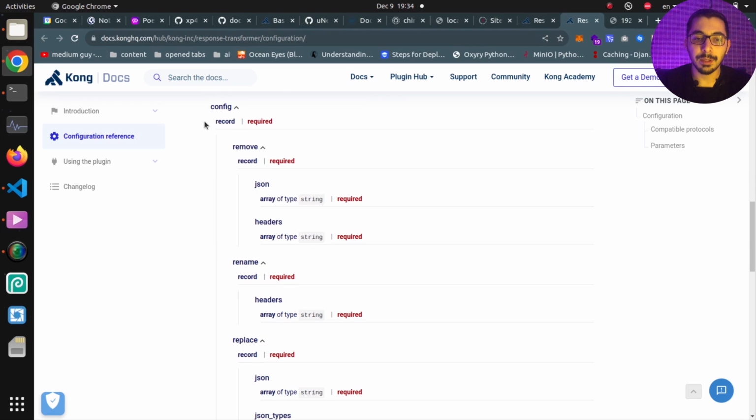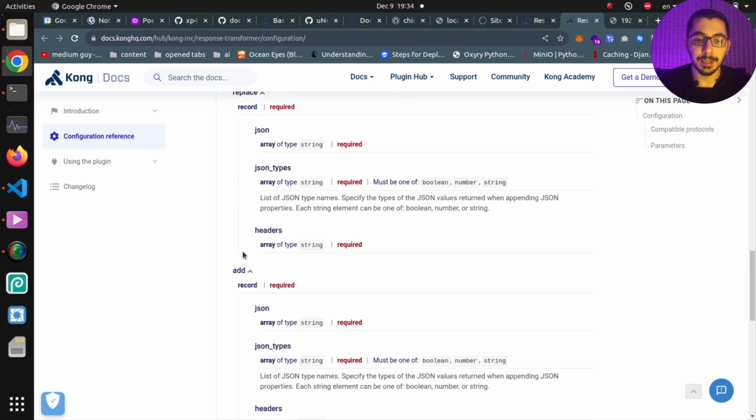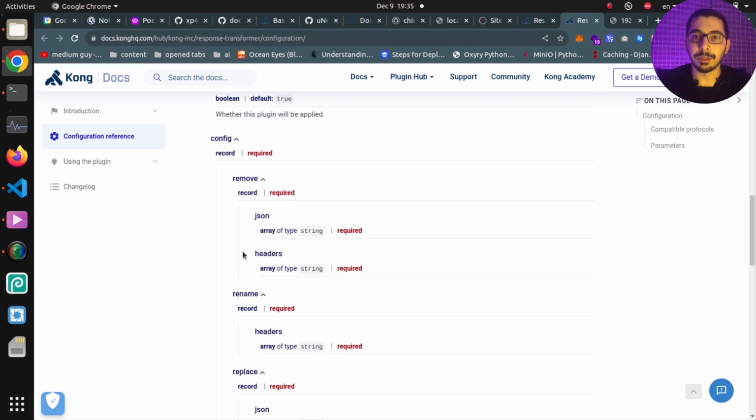The main thing in the configuration section right over here is that we've got the exact same functions that we saw in the execution order section. So we have remove, rename, replace, add, and append. And we're going to see some examples in the instance that we're going to set up in a moment